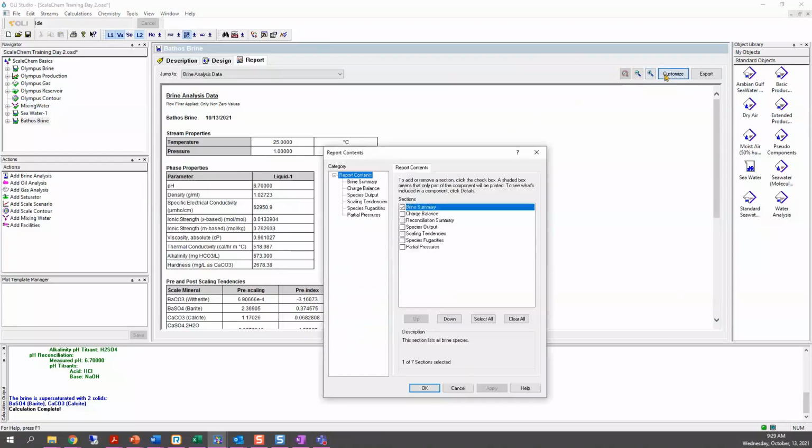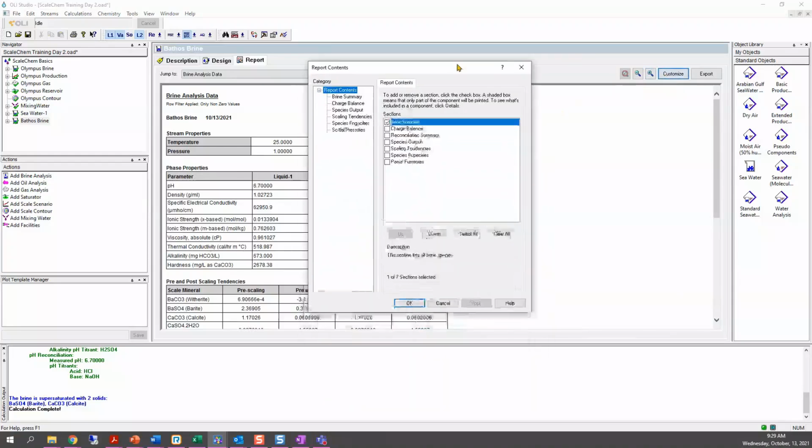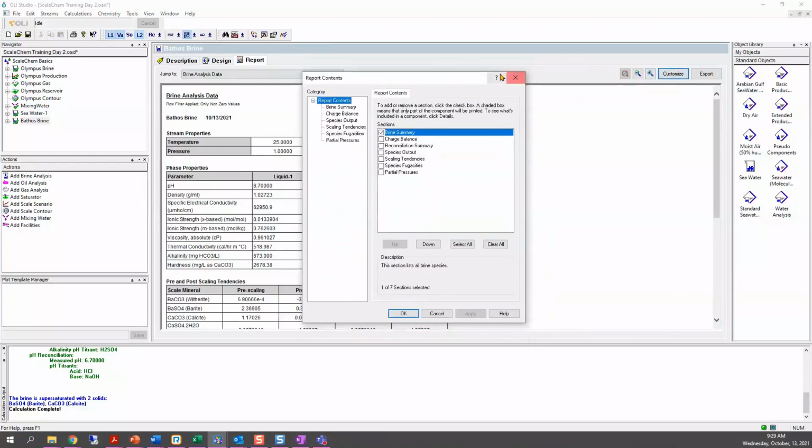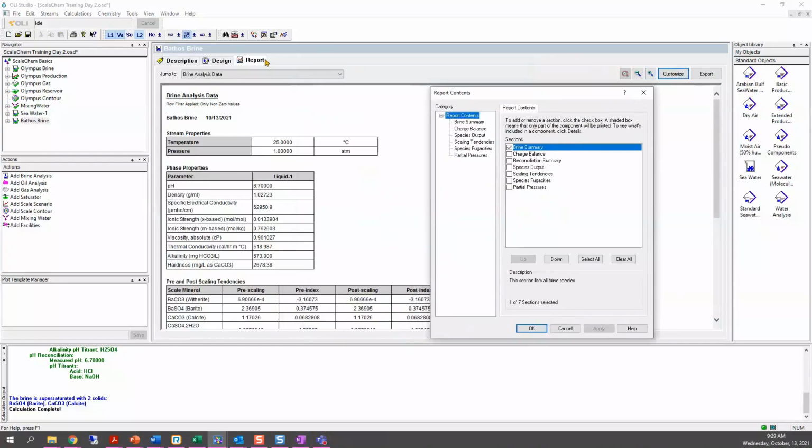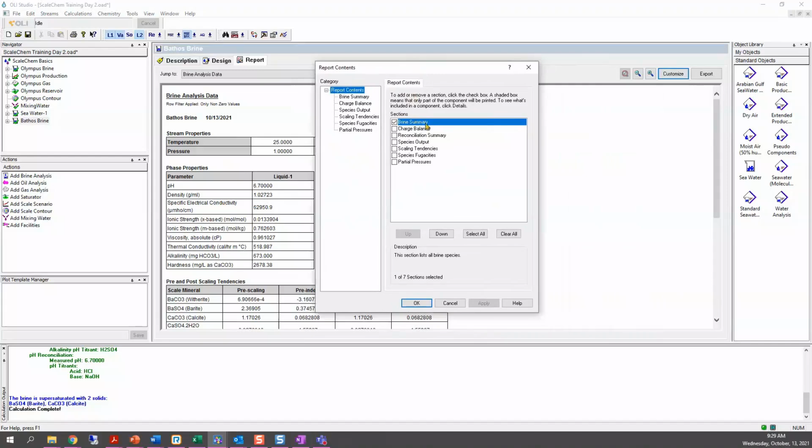That table is not shown. We open here in customize, and you'll see that there are a bunch of tables here, right? The only one that is enabled is the brine summary. All of this that we see here are the only tables that we are seeing, but you can see way more than that.